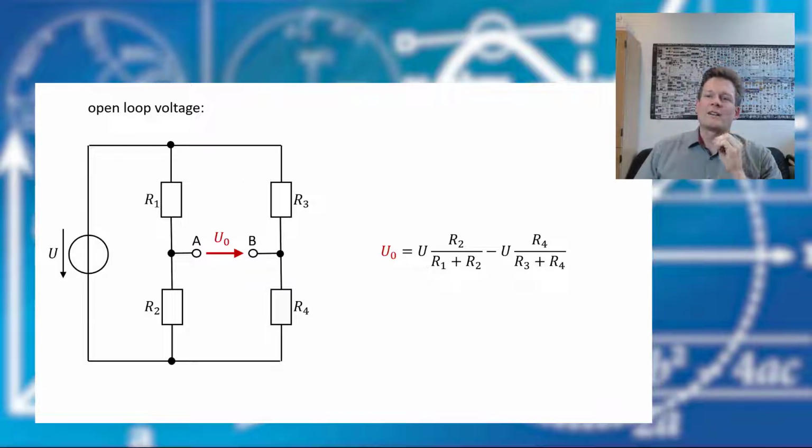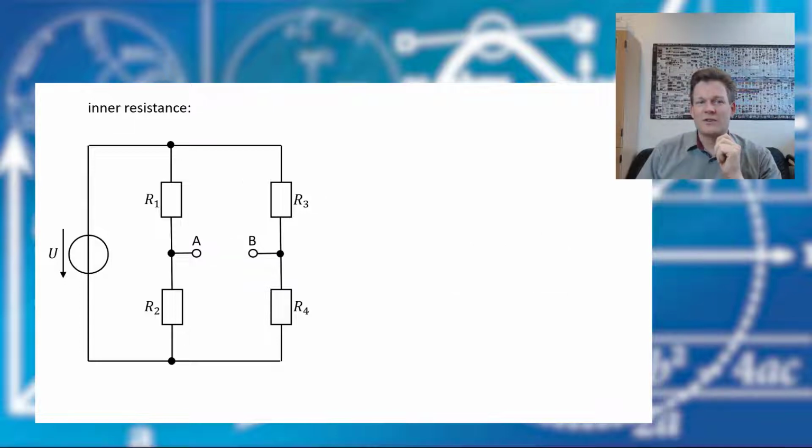Okay, for our practical source, we also need the inner resistance of our circuit. And that is the resistance from clamp to clamp, and all the sources are deactivated. That means our ideal voltage source becomes a short circuit. Okay, and now it's a bit difficult to see the total resistance of that circuit, so let's draw it another